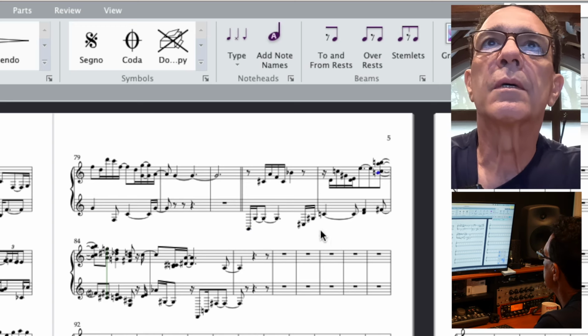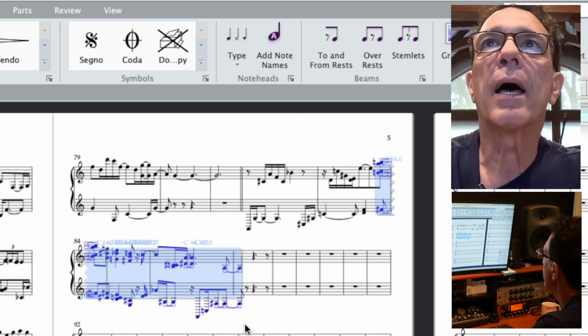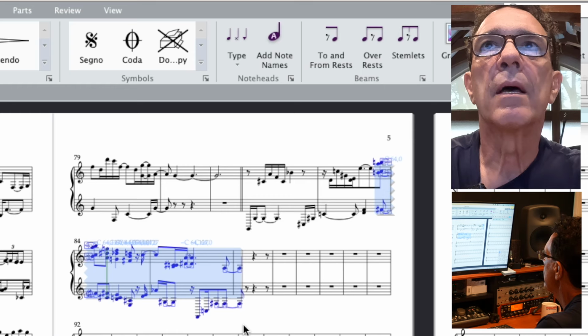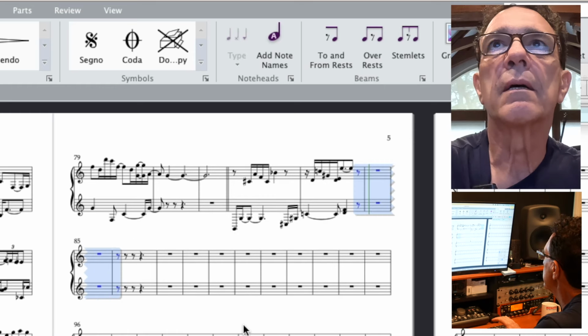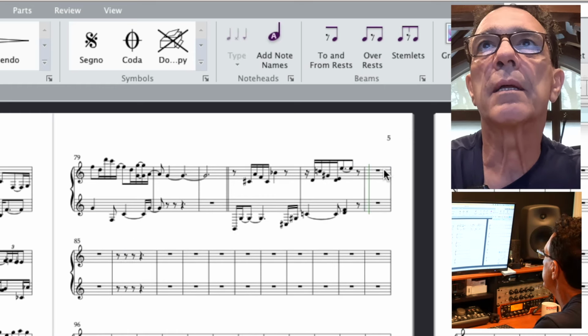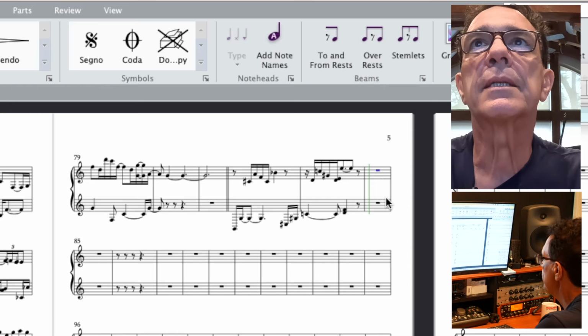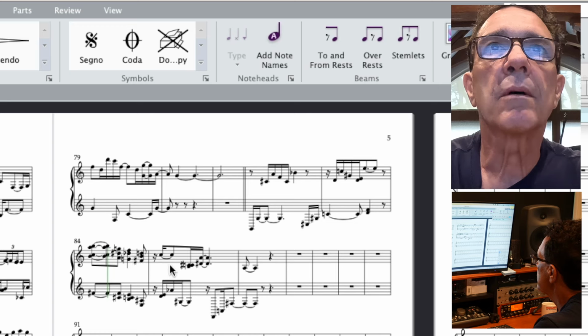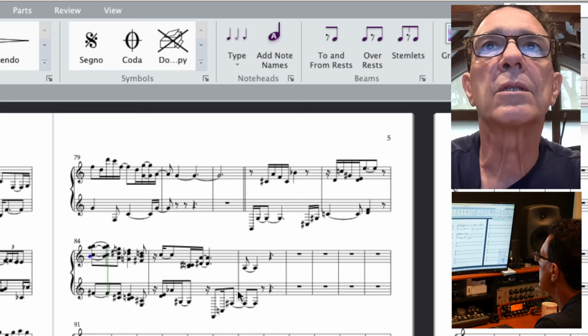So what I'm going to do is I'm going to highlight all of that. I'm going to hit copy. Now it's in a queue. What I'm going to do is hit delete, and then I'm going to hit the beginning bar here and paste it. So now it repastes it, but it's got some crazy ties and whatnot. So let's just go ahead and